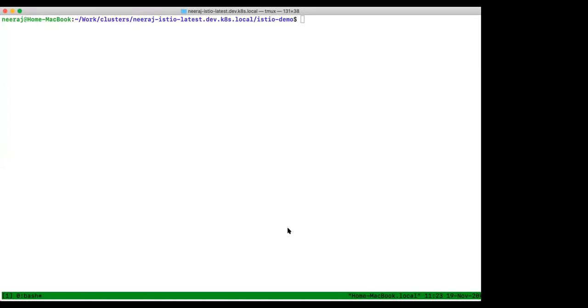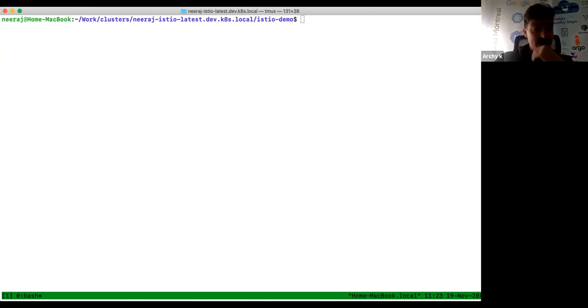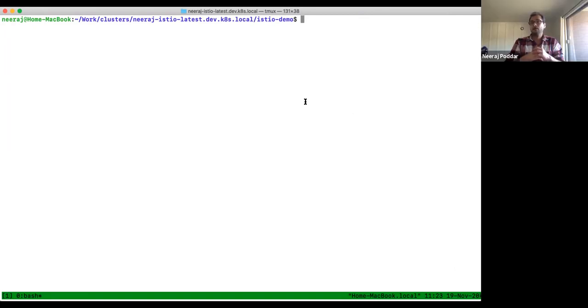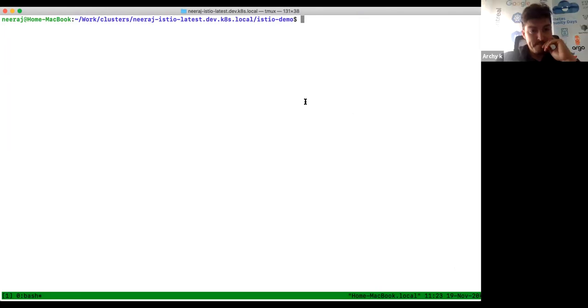Okay, understood. Thank you. So Niraj, sorry. So the Helm is not going to be just a wraparound operator that we have? No, not right now. Helm is actually, like I will demo to you, being used to install the individual charts and manage the lifecycle using the Helm tool itself. Okay. Any other questions?